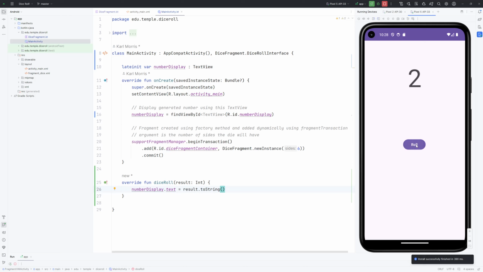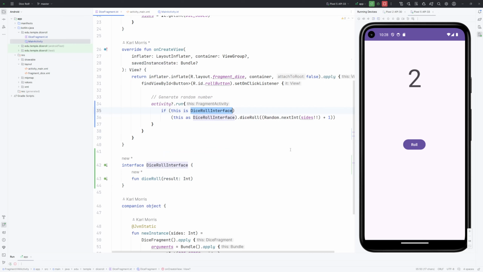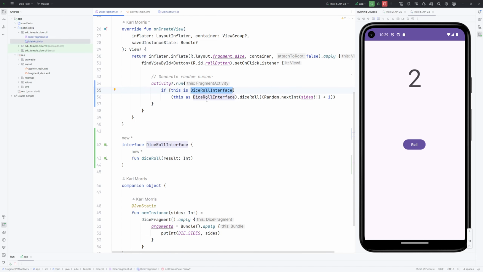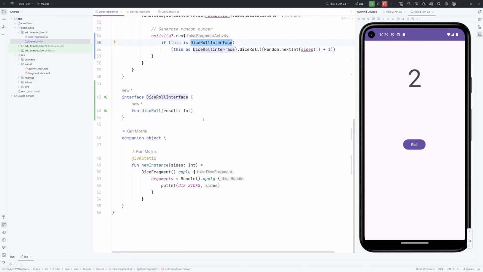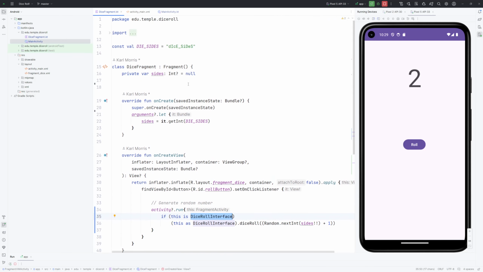So this is the basics of using interfaces to facilitate communication from a fragment to an activity. We know that if I want to communicate from the activity to the fragment, that's simply just calling a function defined for the fragment. That part is straightforward. But being able to speak to an activity from a fragment, in the absence of view models, we are dealing mainly with state. The mechanism to do it is this: an interface where you'll see that in my fragment, I